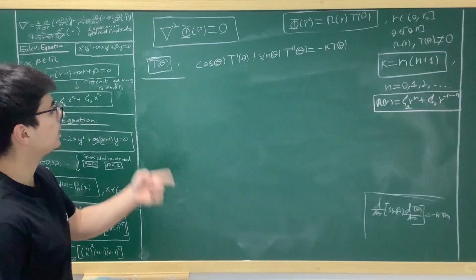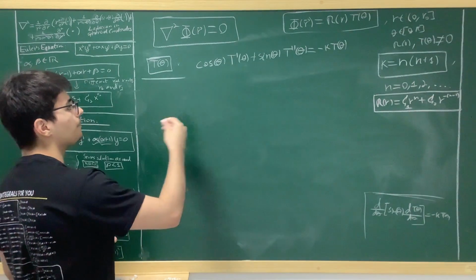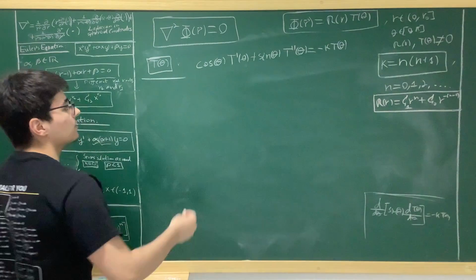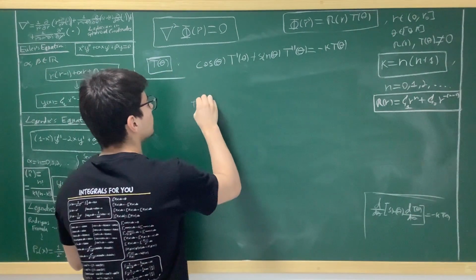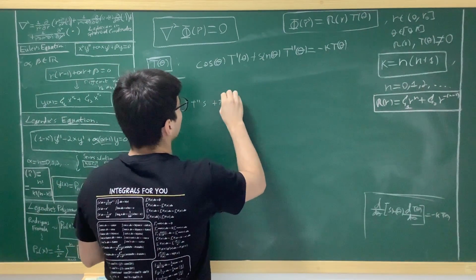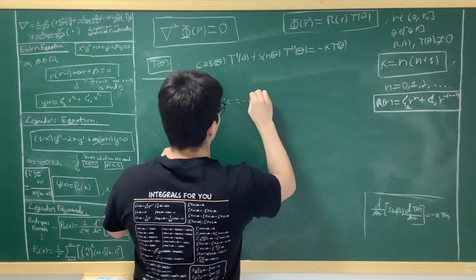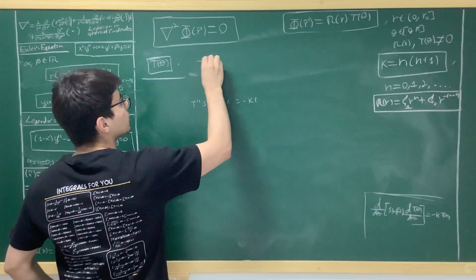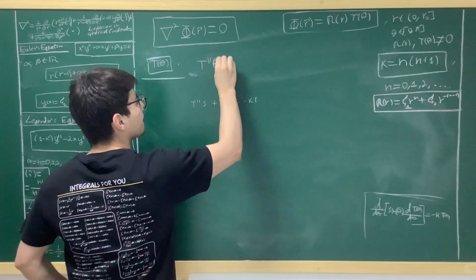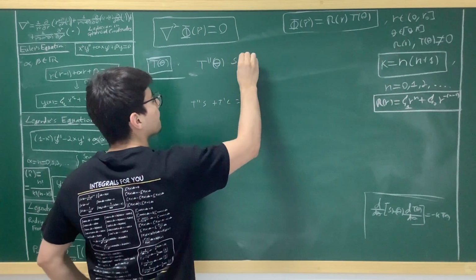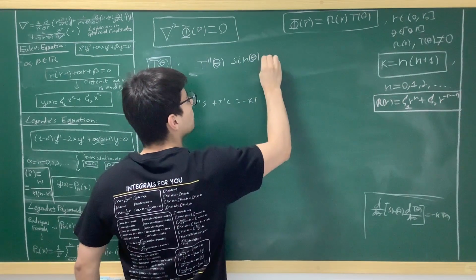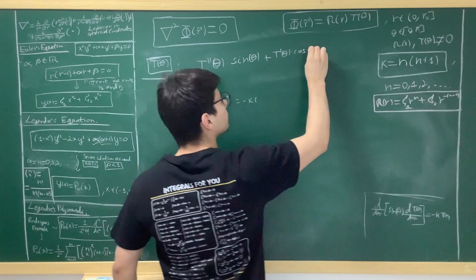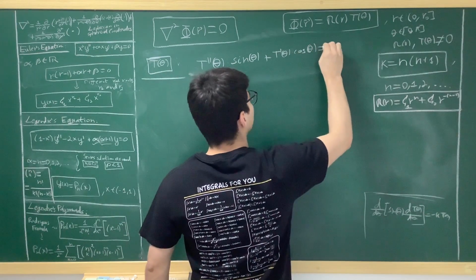Just like before, we are going to write it in descending order, right? So t double prime times our sine plus t prime times our cosine is equal to minus k